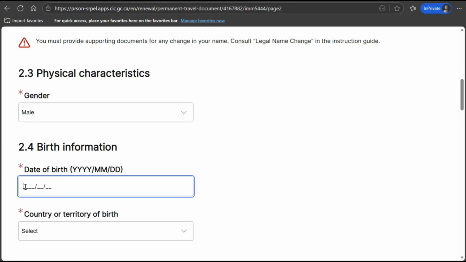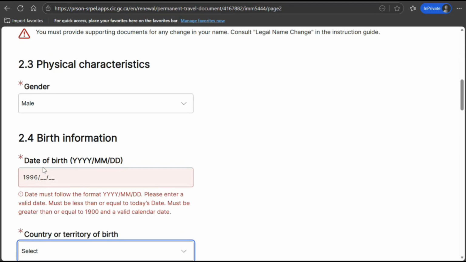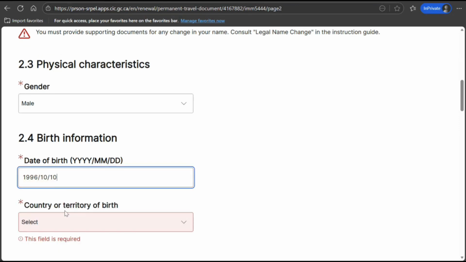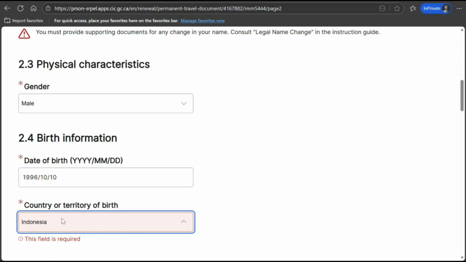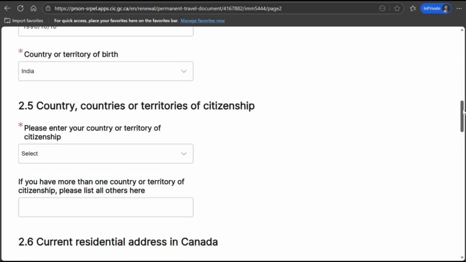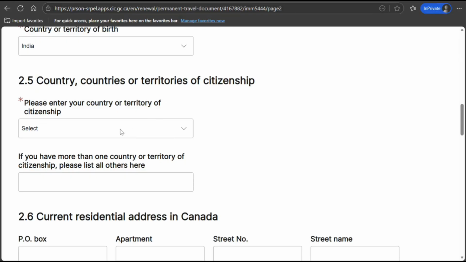Let's make it 1996. Country or territory, let's say Indian national.